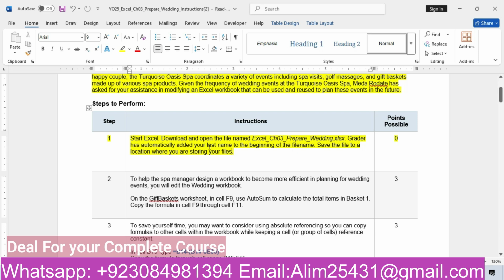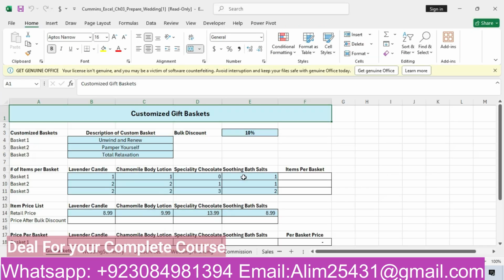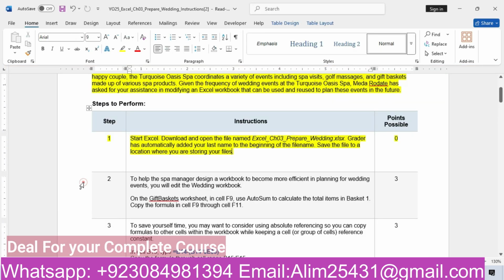Grader has automatically added your last name to the beginning of the file name. So we will open that one file. That's our file. That's basically an Excel 2025 project. We will move to our second step. In our second step, what is he asking? To help the spa manager design a workbook to become more efficient in planning for wedding events, you will edit